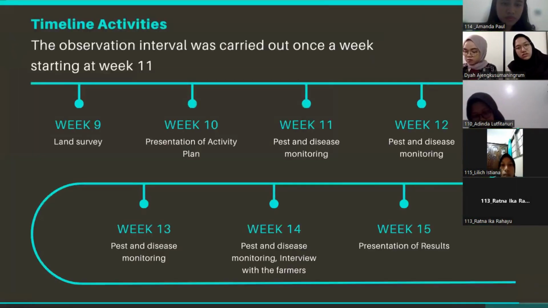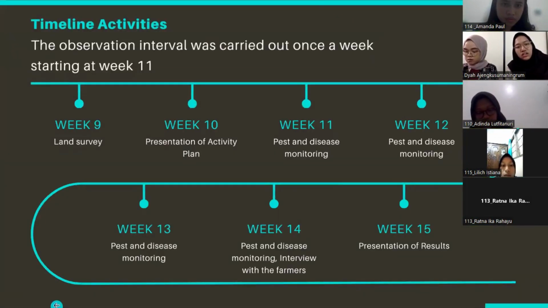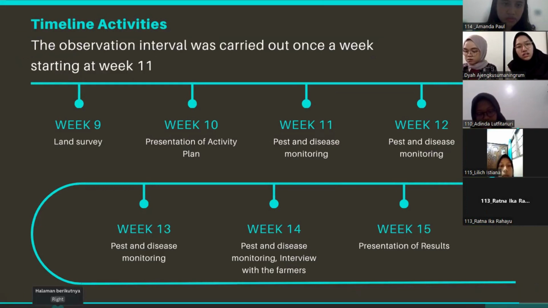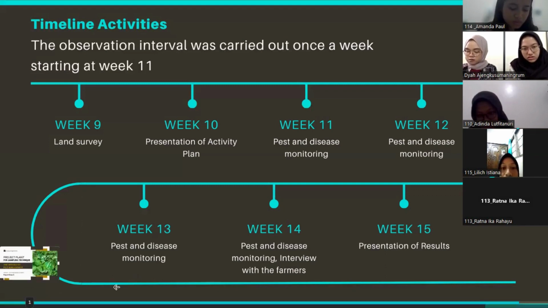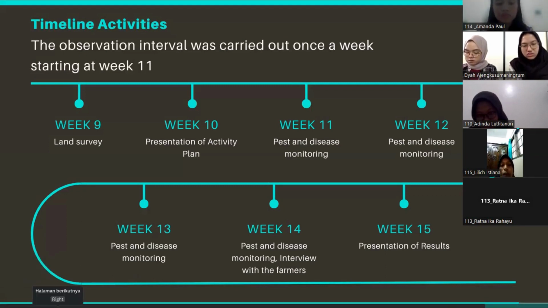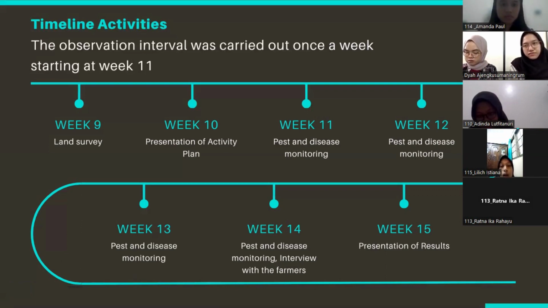Okay, this is the timeline of activities. We do the observation with the interval carried out once a week, starting in week 11. And the activities start in week 9. In week 9, we do the land survey. And then for week 10, we do the presentation of the activity plan. And then we do the monitoring